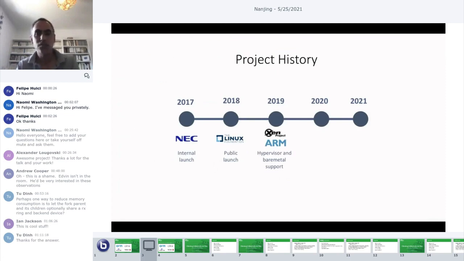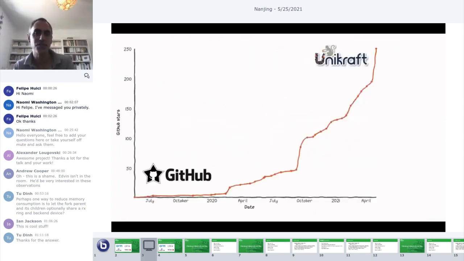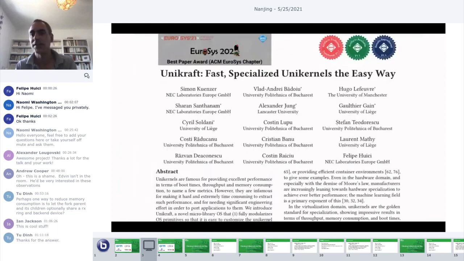And then just to finish real quick, the open source project, just to give you a little bit of project history: in 2017, we built this as a launched internal project at NEC. We quickly started talking to the Xen project and the Linux Foundation between 2018 and 2019, and we became public. And in 2020, we spent a lot of time maturing all this syscall support and support for applications and so forth. And here we are in 2021, where we're trying to do all this integration with orchestration frameworks.